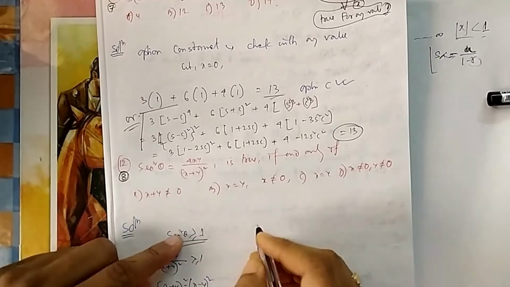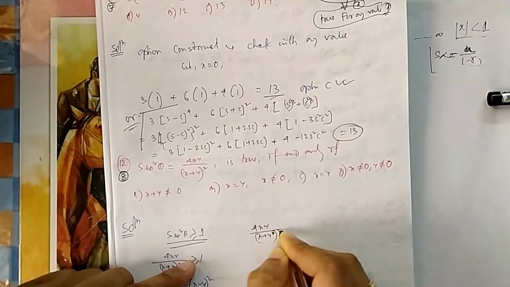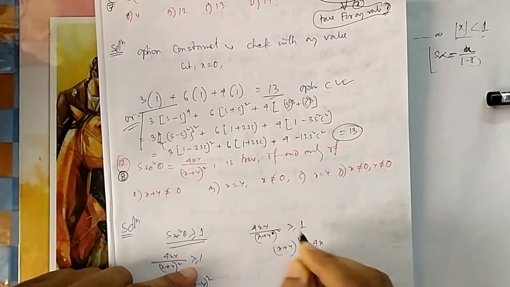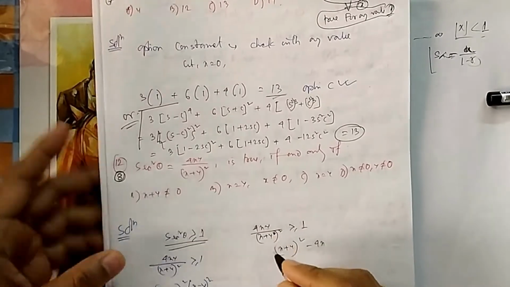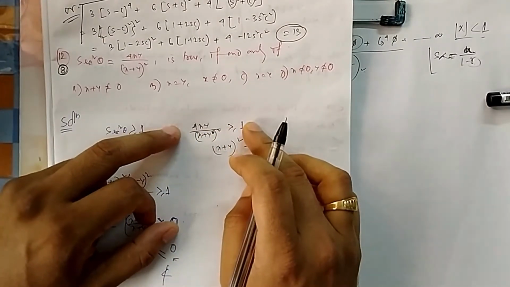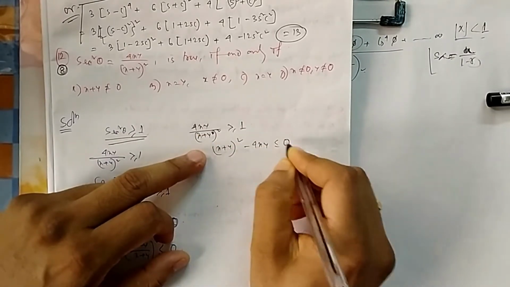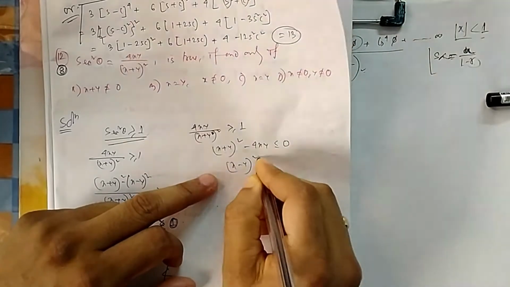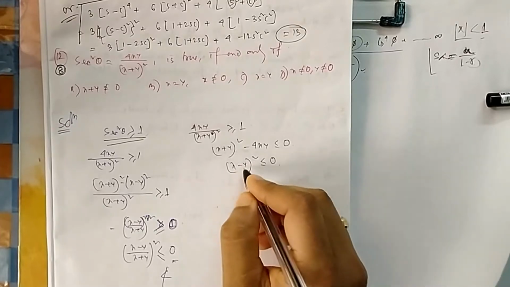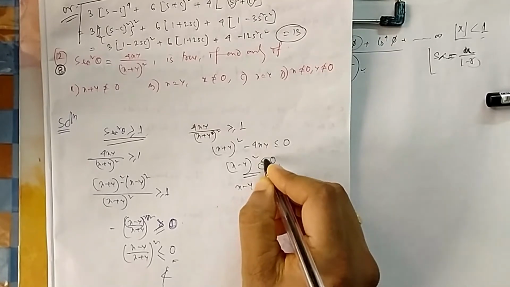You can do it in this way also, or you can see it in the normal way. This also gives you the same answer. This is greater than 1, which means x plus y whole square minus 4xy. I am just multiplying both sides by x plus y whole square. How can I multiply? Because it is positive, you can multiply both sides of an inequality by a positive number. If you multiply, it will be less than 4xy, then you take this side, it is less than 0. So it is a minus b whole square less than 0. Is something whole square less than 0 possible? Something whole square is always positive. It is never possible. It is only possible when it is 0. So equal to is possible, but less than is not possible.